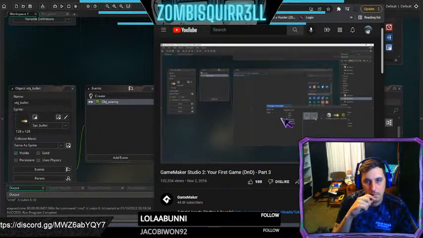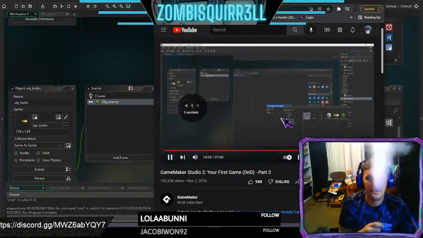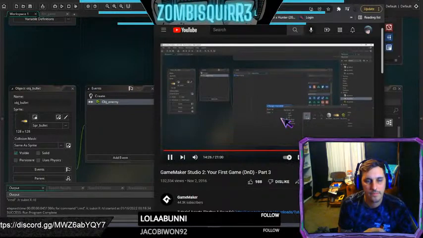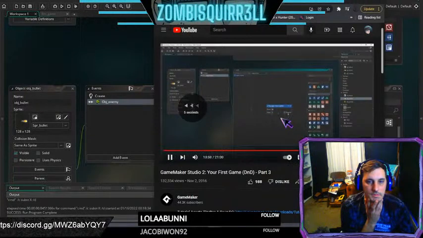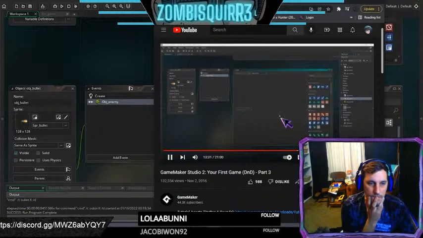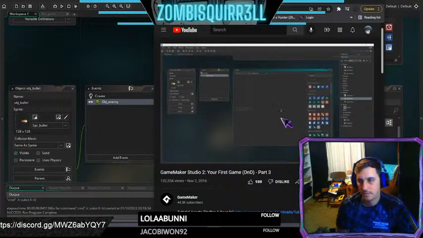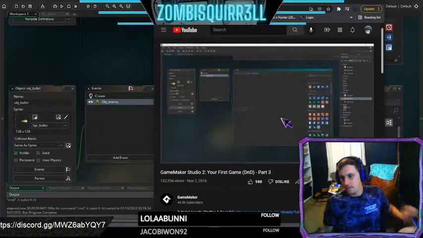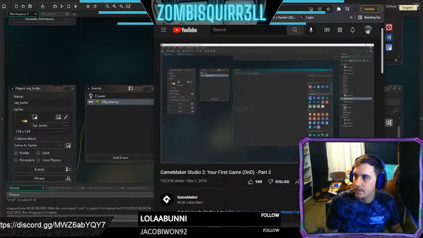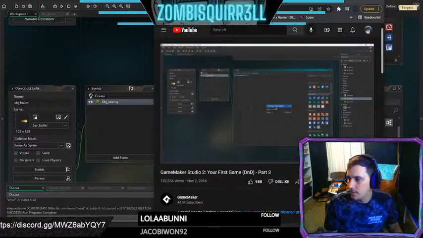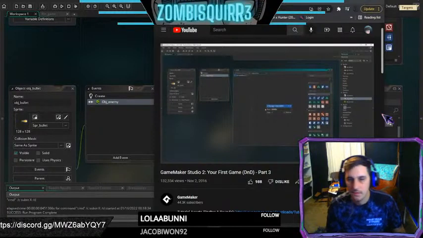We don't want instance obj itself, or it will be the bullet applying. You can see by default it's set to self. Okay, so by default, any node that you put in here applies to the instance running it, so they apply to obj_bullet. So if I go and drag in a set variable, now I'm going to type HP